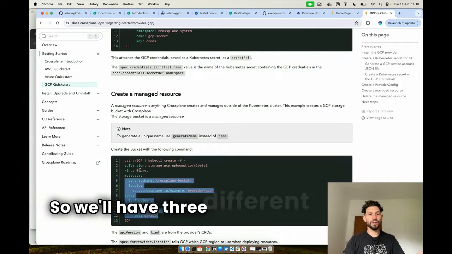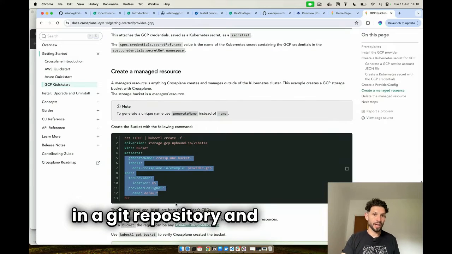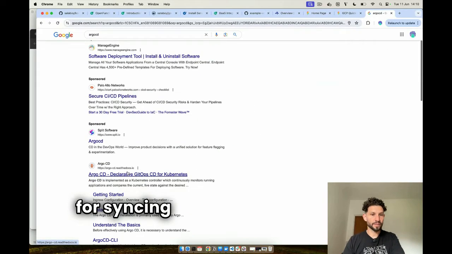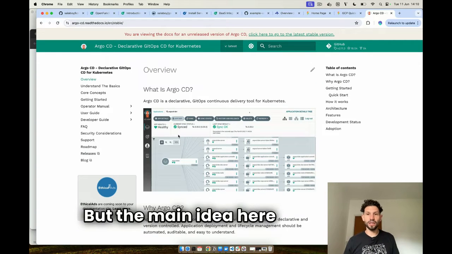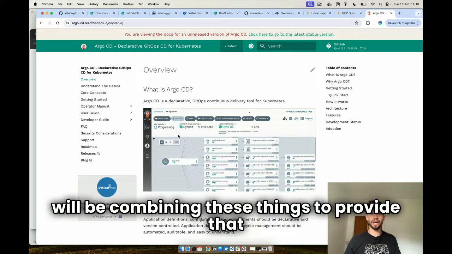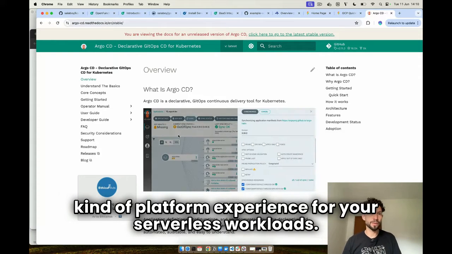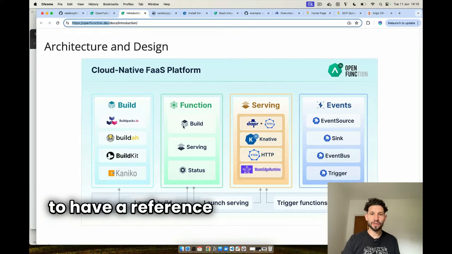So we'll have three different resources, all stored in a Git repository, and then use tools like, for example, Argo CD for syncing resources declaratively against my Kubernetes cluster. But the main idea here is that you will be combining these things to provide that kind of platform experience for your serverless workloads. The idea of showing you OpenFunction is for you to have a reference of something